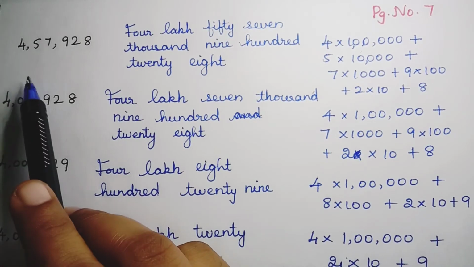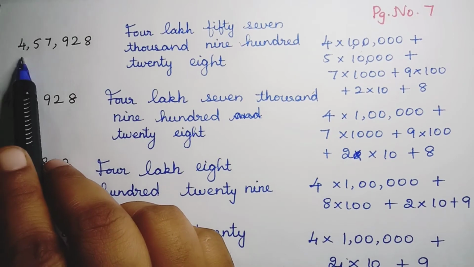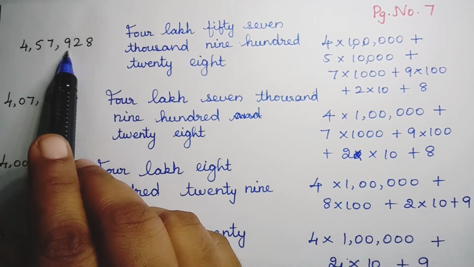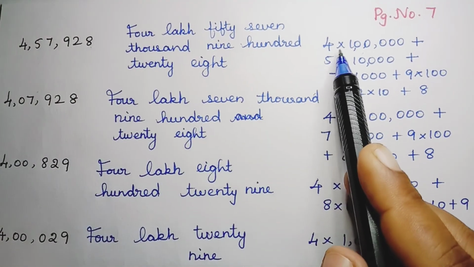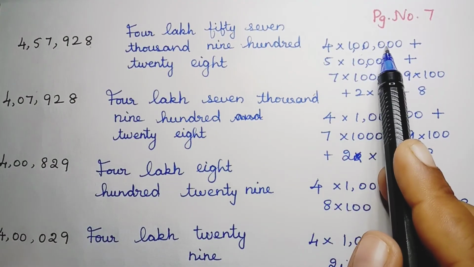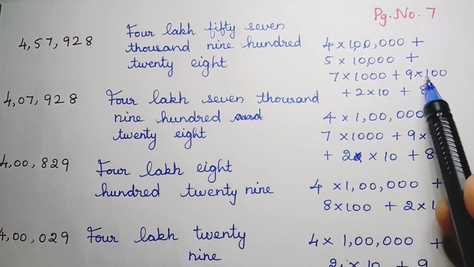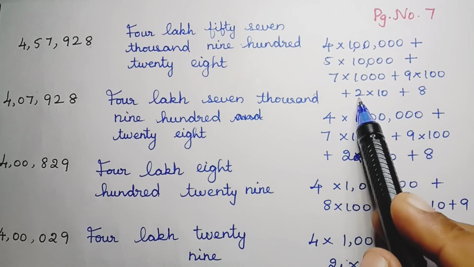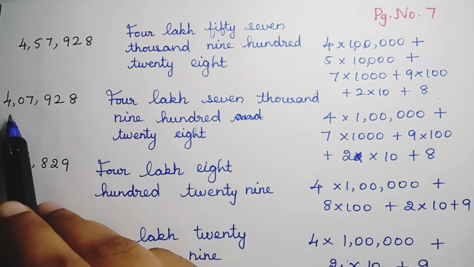So for the next few examples, I have written the answers here. Just look at this. 4,57,928. You have to write like this. So this is 4 into 1 lakh plus 5 into 10,000 plus 7 into 1,000 plus 9 into 100 plus 2 into 10 plus 8. Okay, so next is